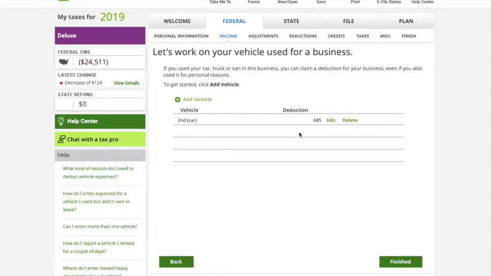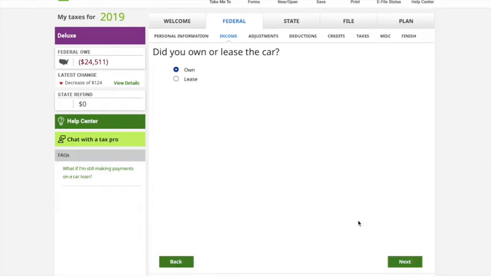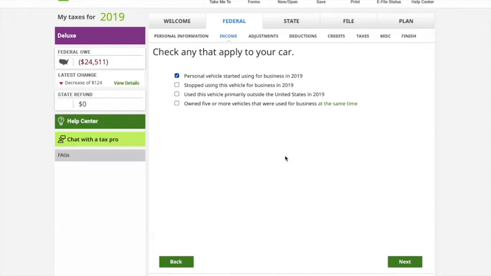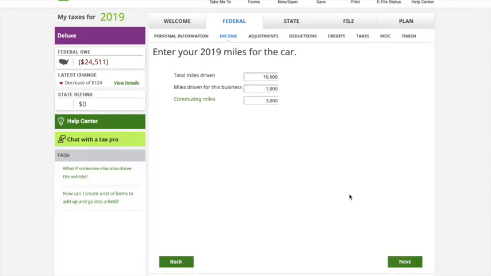Now, if you use a vehicle for your rental activity, again, you can also do what's called a standard mileage deduction for this. Let's say you own the car. Do you have personal mileage records? We suggest you keep those. And here you're just entering your mileage: total miles driven on the car,